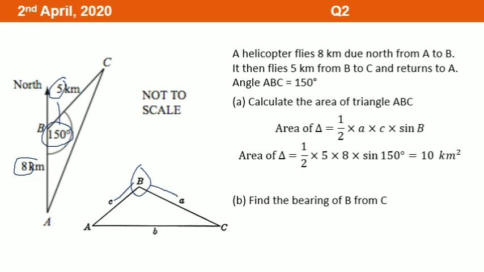Now continue to question B. Find the bearing of B from C. This is from where? From C. So we have to make the north line at P or at C? Yes, we have to make the north line at C because it's written as from C. So let us draw the bearing. The bearing has to be finished until what letter? Yes, until B because it is written as B. So this is the bearing. We have to connect it until this one, right? So now let us find the angle.